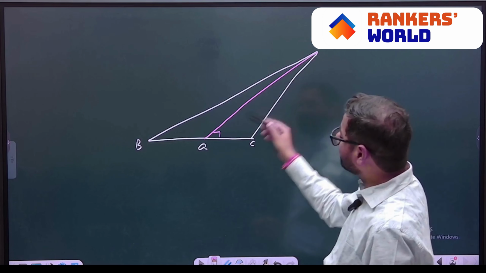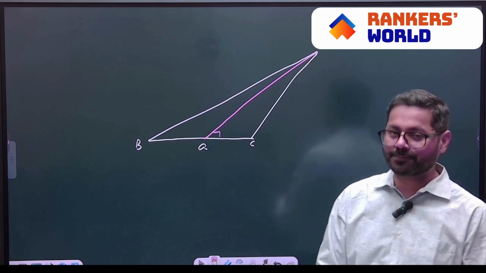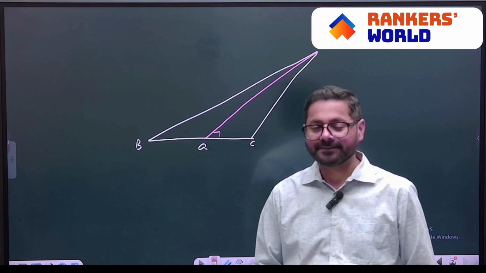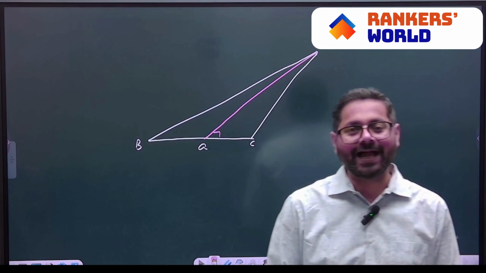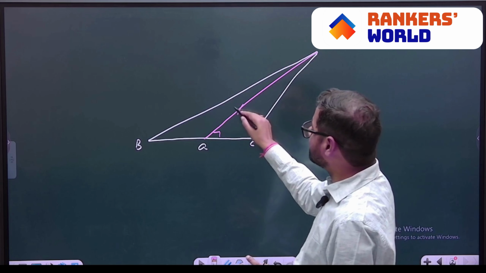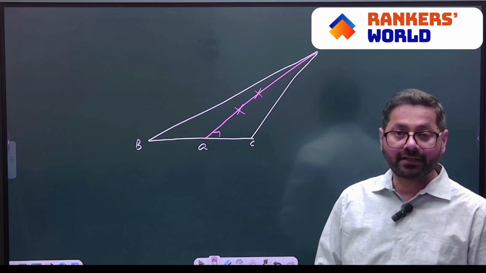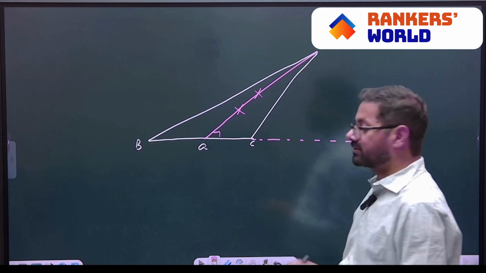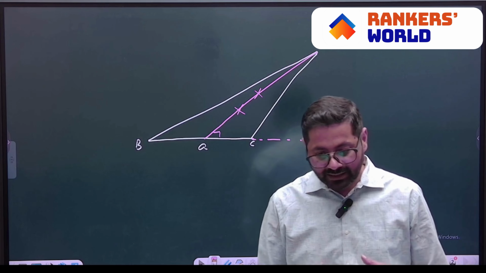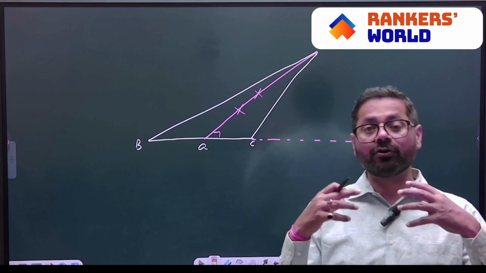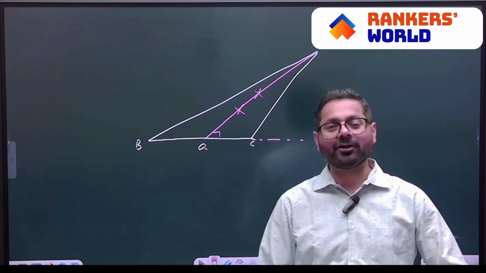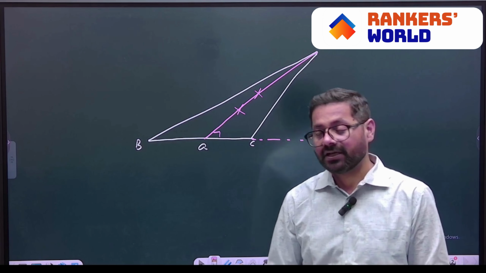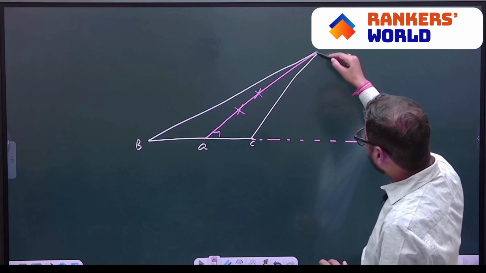So this is not the 90-degree, although I just tried to forcefully drop a perpendicular, but it will not make a height on it. So essentially this is not the perpendicular. For the perpendicular, now I need to extend the base. Triangle says if your altitude is not coming on the base, it must come on the extended side of the base. And once we extend, I can drop a perpendicular